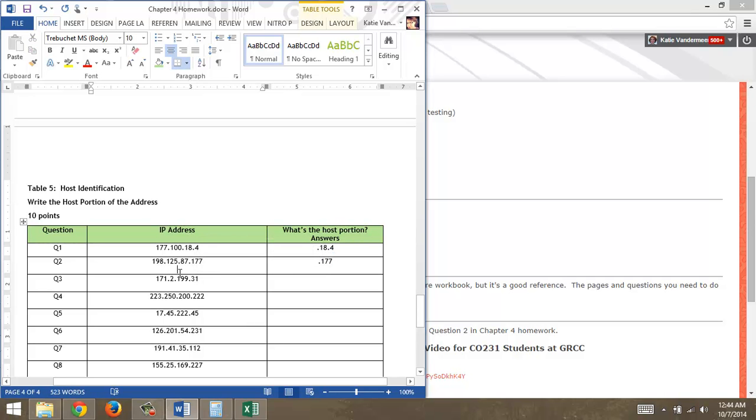171. Now 171 is a Class B. So again, this would be the host portion, but 1.199.31, I'm sorry, I said host. 171.2 would be the network, and then 199.31 would be the host. And what we mean by that,